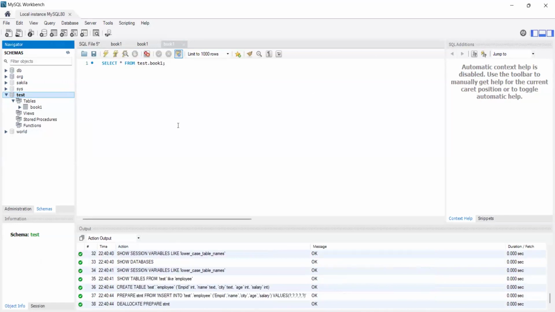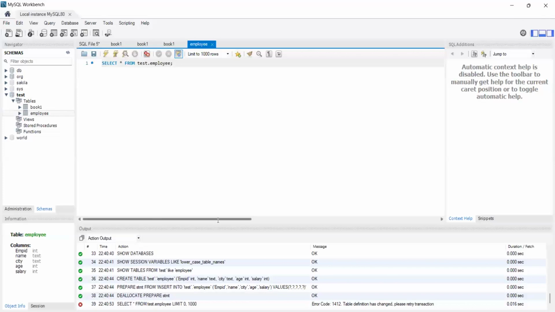After that, what will happen? That would be imported over here in my test database. You can see that this employee is over here. You click on this. I don't know why it is saying table definition has changed. Maybe I'm using this one, but my table has been imported in my SQL Workbench. You people can try to copy the same steps if you want. In this simple step, you can import the SQL file in your